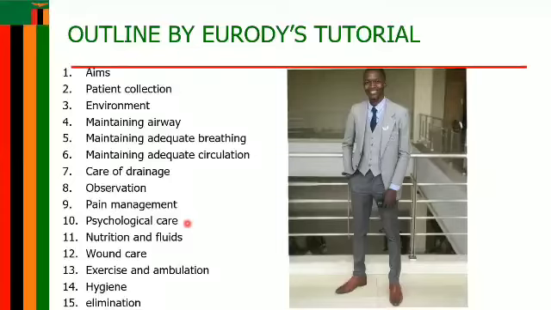From there, you move on to psychological care. On psychological care, you can talk about that once the patient is fully awake and oriented, you can explain to the patient what type of surgery was done and the findings in that particular surgical procedure. You can also explain the measures which are put in place to relieve the pain, as well as for prevention of complications such as